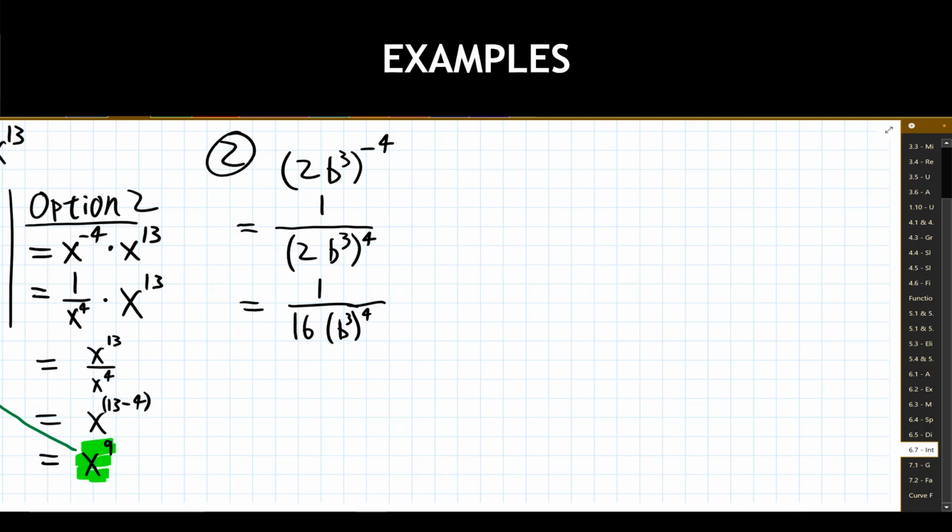So let's do a quick rewrite. Maybe we're a little unsure about the power rule here. That's fine. But now I have the power rule showing up. I have an exponent raised to a power. That means that these two things are going to multiply together, and that's going to give me b to the 12th power. I have no negative exponent showing up, so there we go. Got my final answer here. And we're good to go.